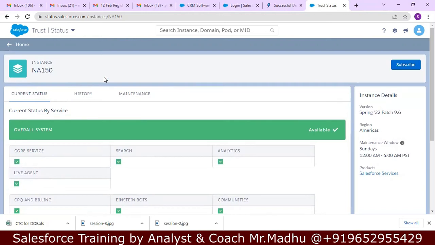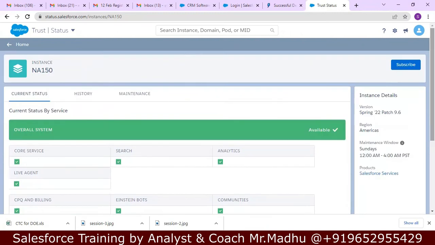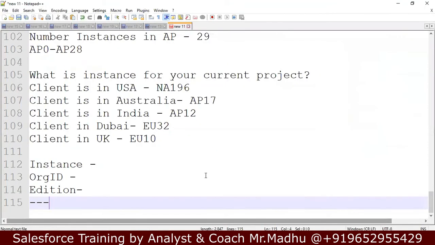He might complain to customer care and raise a case saying, I am trying to use the application, but it is not available. At that time, customer service people will first search here and see whether this instance is running fine or not. They will say there is some problem with this server if it is not showing green color. So here we can check the current status.